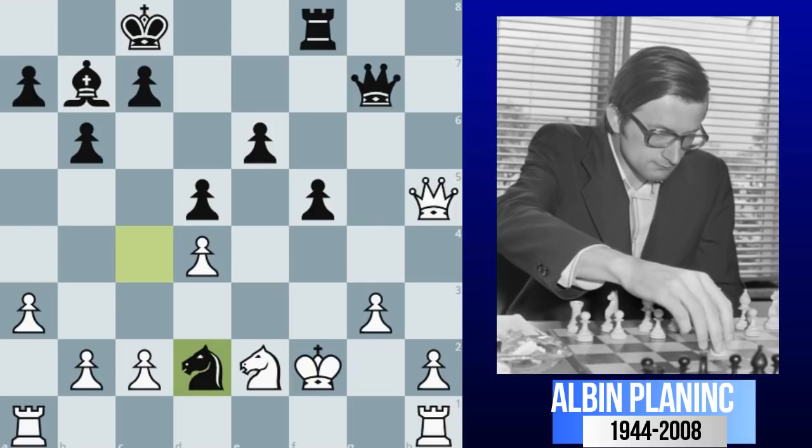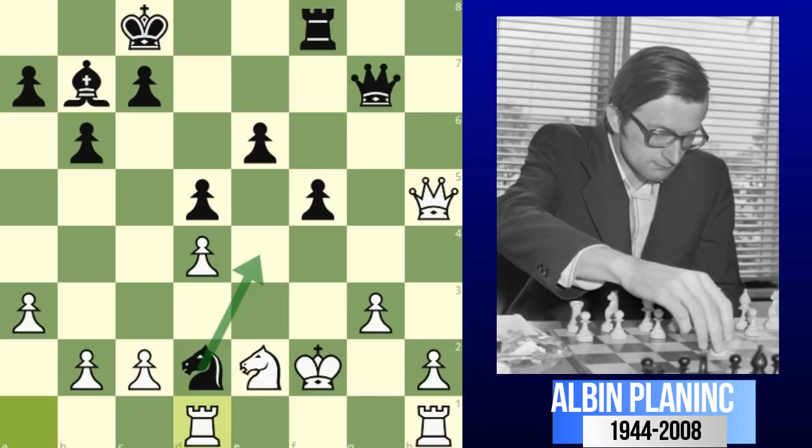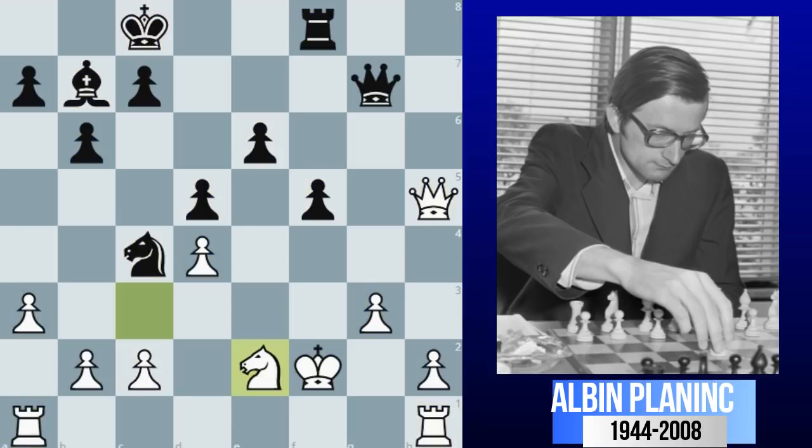Queen h4, and this is the last chance for white. Perhaps, like Planinc mentioned, knight c4 would have been good, and here rook 8 to d1 would have kept the game very interesting, with probably chances for both sides. Black would have a very strong knight on e4 and some compensation, but white is still up the exchange. However, in the game, after queen to h4,